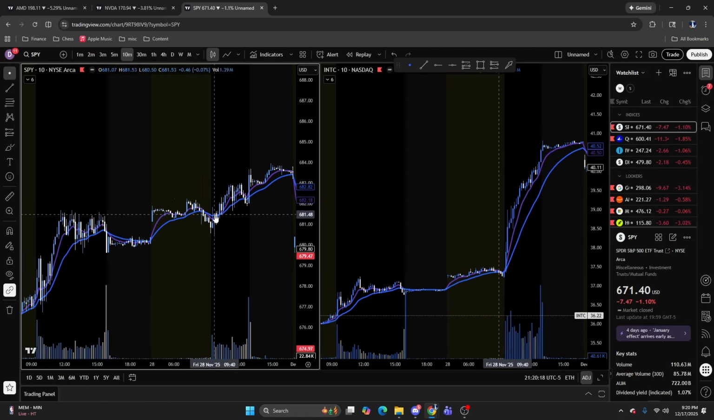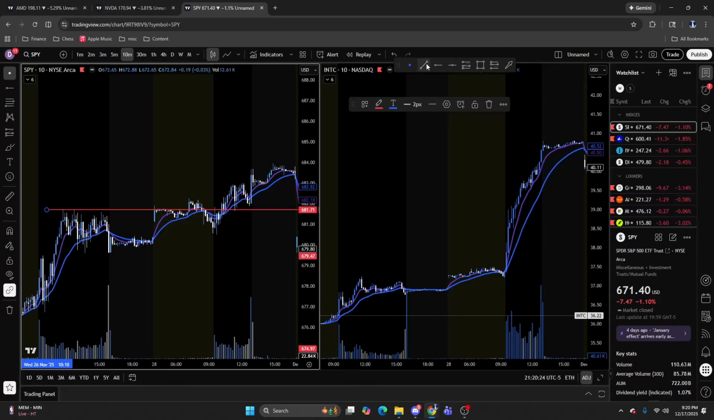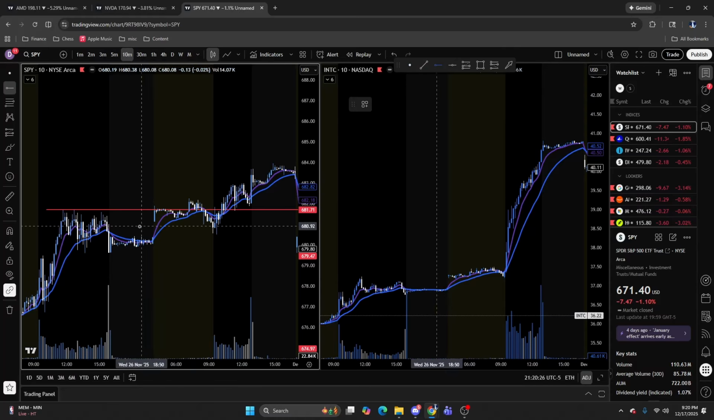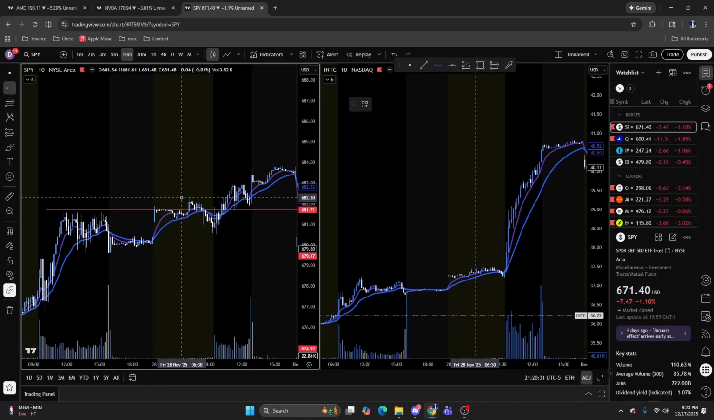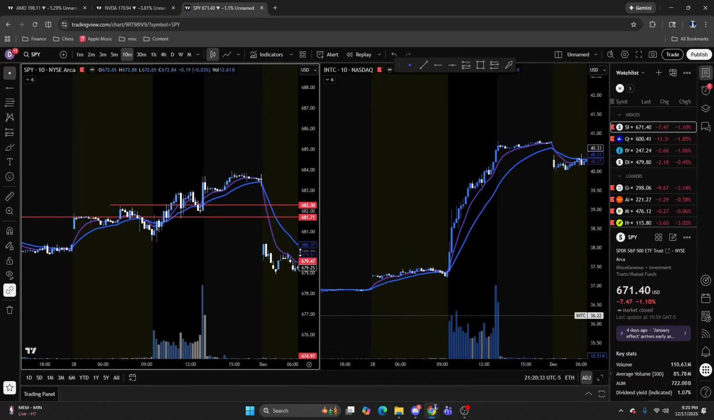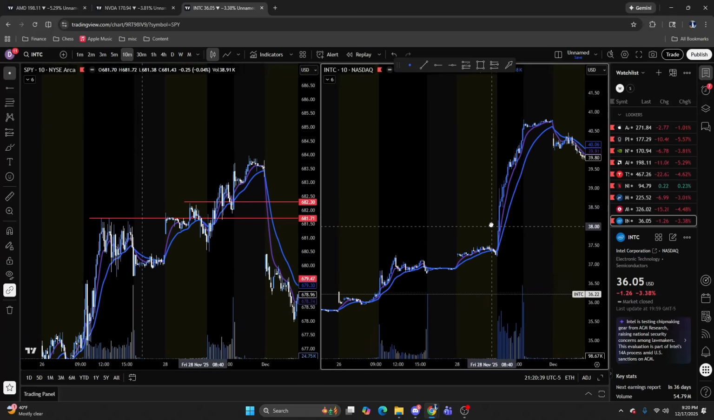Okay, so you mark out the previous day high and the previous day low for both tickers. But obviously we're looking for an upside trend, so I'm just going to mark the previous day high. And then you also mark the pre-market high. So SPY kind of moves in and out of this range. It oscillates. That's not what we want to see. For Intel,